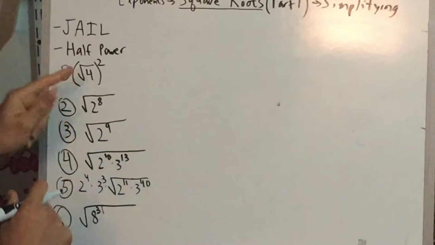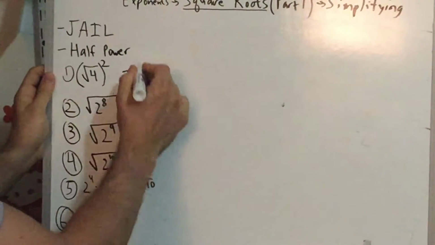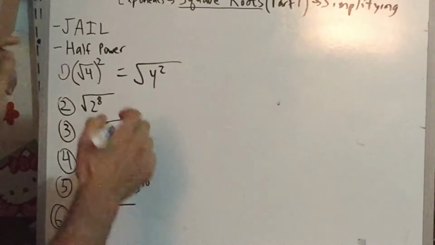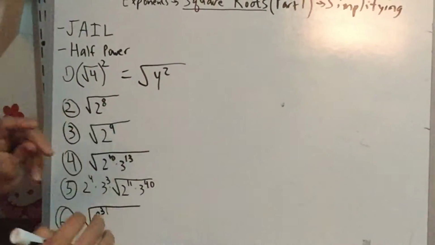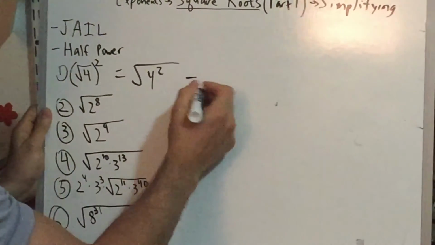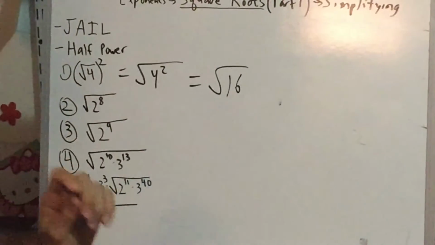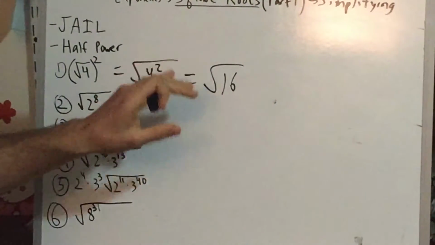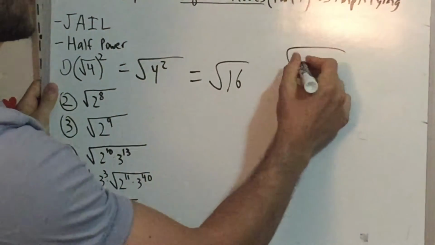So many people will see this and do, or you can also see this written this way. Whether the square is on the inside or the outside doesn't matter. The effect will be the same. So a lot of students will see this and do this. While this may appear fine, this is a very bad habit. I highly discourage people from doing this, because when you see stuff like